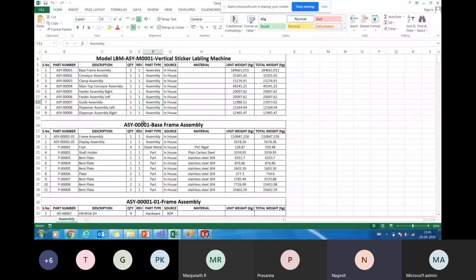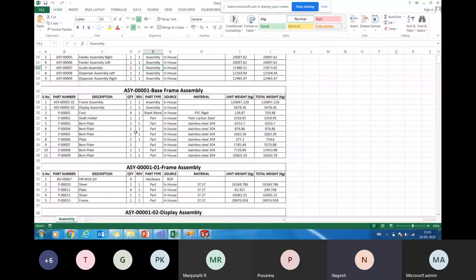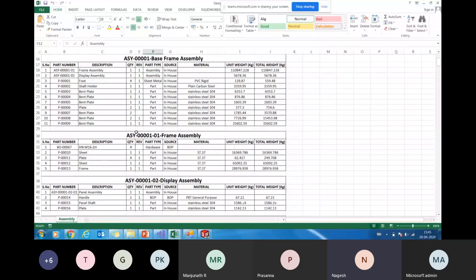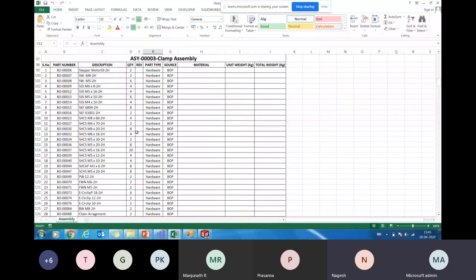The sub-assembly, whatever you have maintained here, should come up on a separate sheet. That can be done, right? That's part of a basic customization. The formatting can be changed however you want. In the same way, if we want, we can get the part list and the assembly line list.